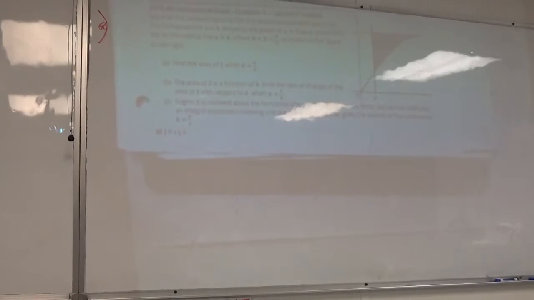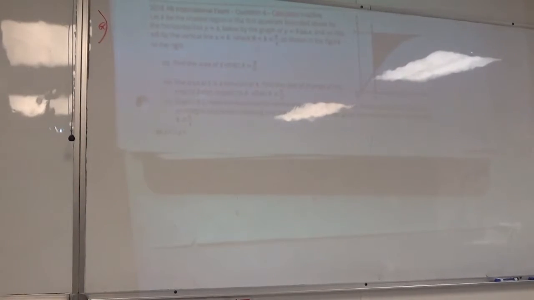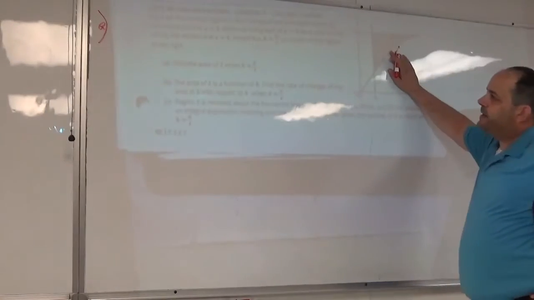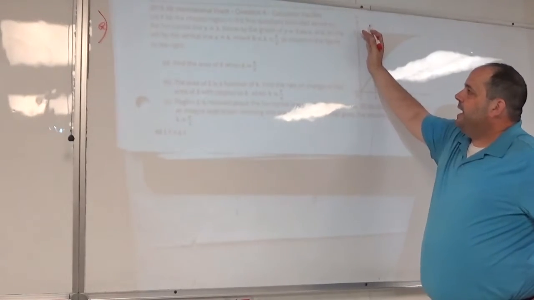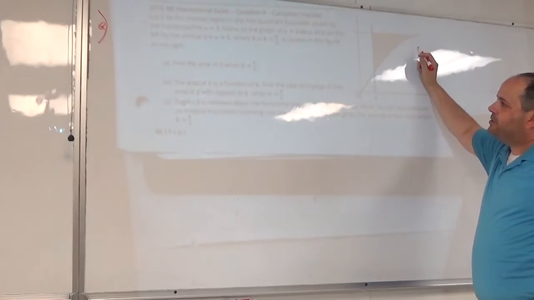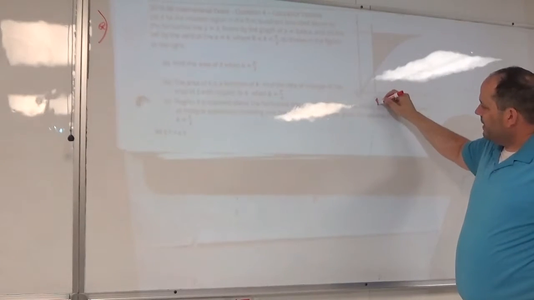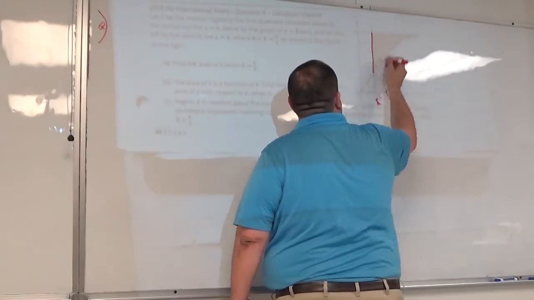Alright, friends, let's pull this one together. Side conversations are done. Okay, A, let S be the shaded region in the first quadrant bounded by the horizontal line y equals 3, bounded below by the graph y equals 3 sine of x, and the vertical line x equals k, where k is between 0 and pi over 2, as shown in the figure to the right. Find the area of S when k equals pi over 3. So right now, at this moment in time, k is equal to pi over 3, and I need